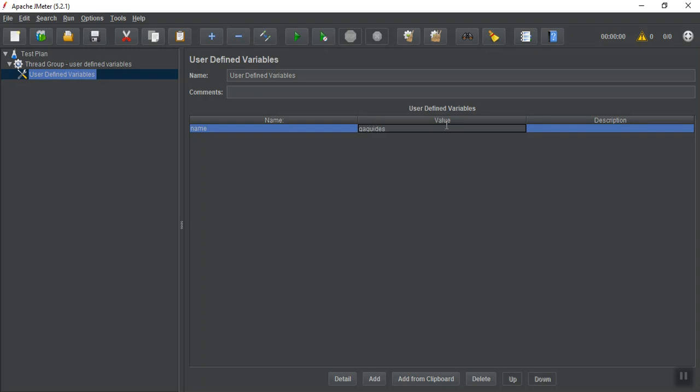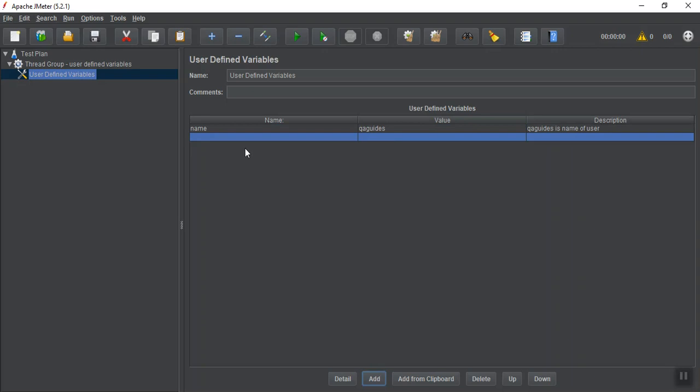Next I add one more variable, role of user, and the value is trainer. We provide the training.